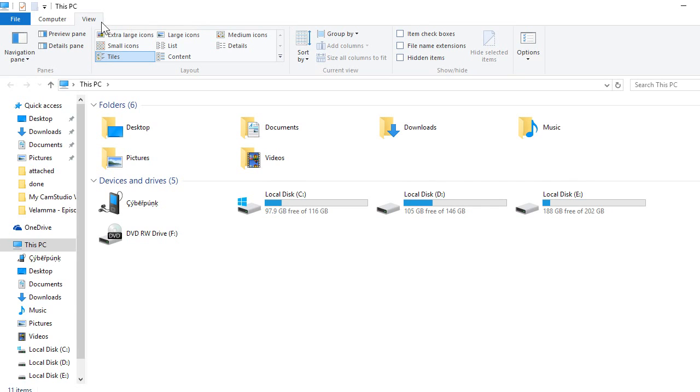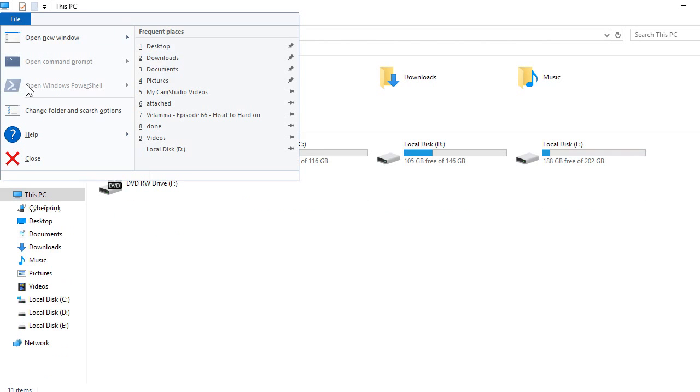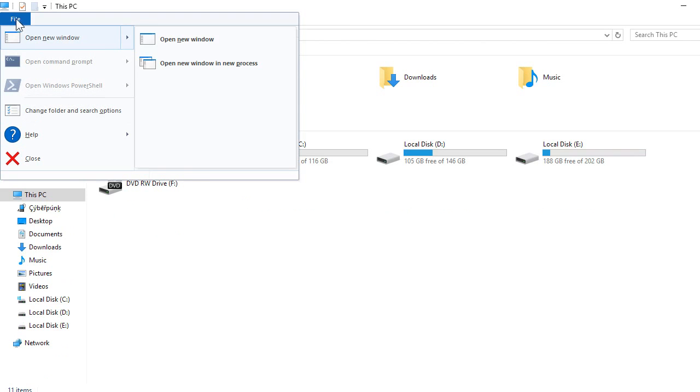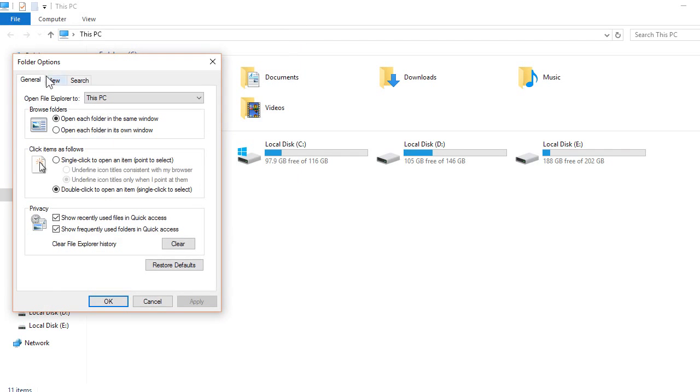Also there is another way you can hide or show file extensions, which is to click on the File tab on the top left corner of this window, then navigate to Change folder and search options. Click it to open the Folder Options window, and under the Folder Options window click on the View tab,